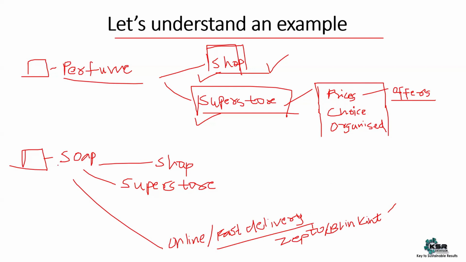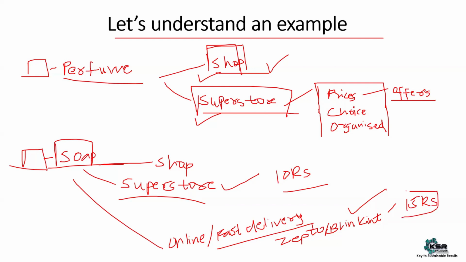Now, if you want to purchase a soap, and if I give an option, 90% of people will go with the fourth option. They don't even visit a superstore because we cannot test a soap there. We already know that soap is good. So in that case, there is a difference. In a superstore, you would get it for 10 rupees, just an example. But with online or fast delivery, you will get it at 15 rupees, and it would be delivered to your place, up to the specific place where you ordered from.